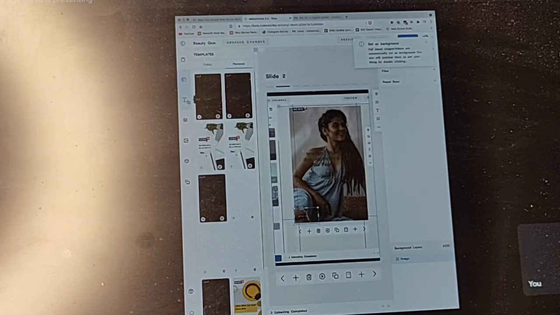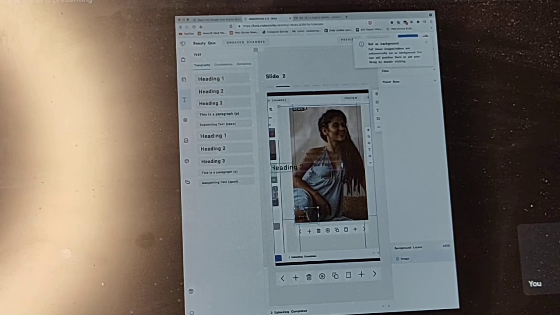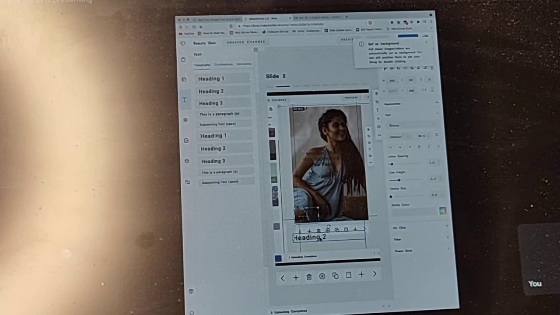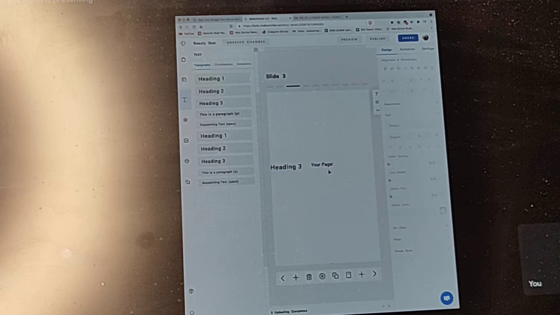Slide 2 text would be heading 2. You have to make sure the first 3 slides are heading 1, heading 2 and heading 3.